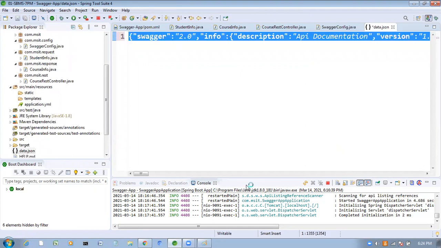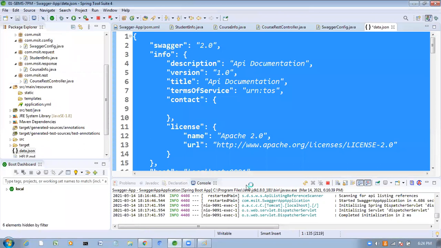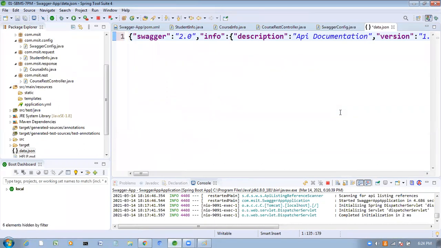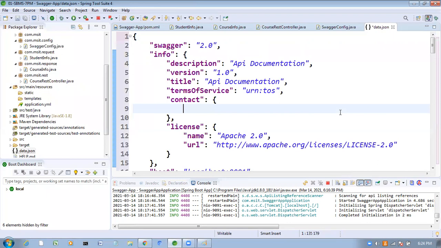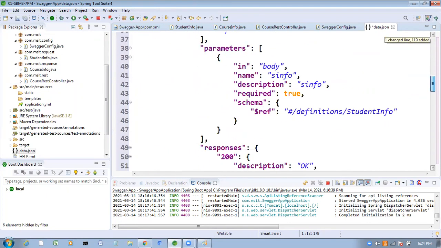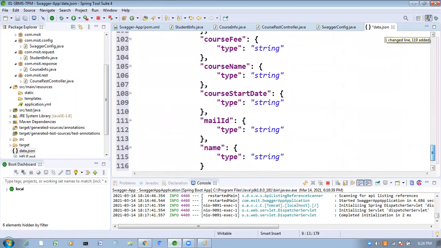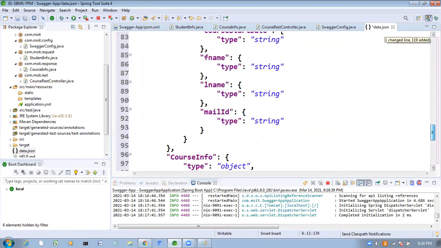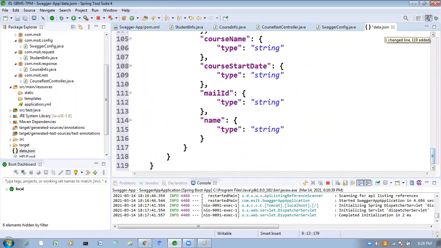Now format this one, Control Shift F, and you will get it in the form of JSON. These are the details of the REST API. How is the REST API providing these details? Through Swagger. Is it clear?